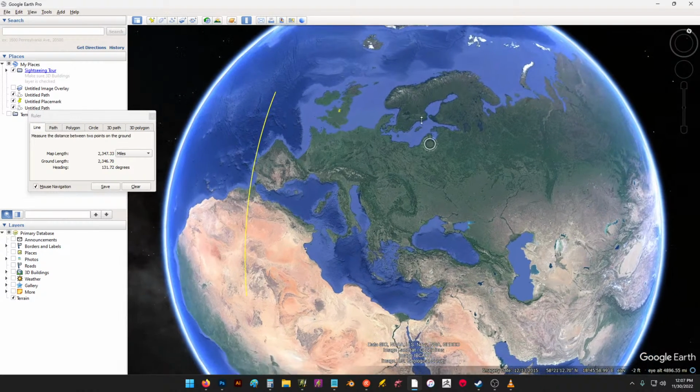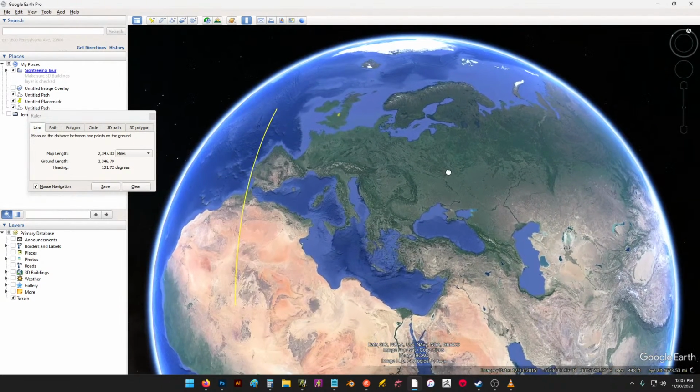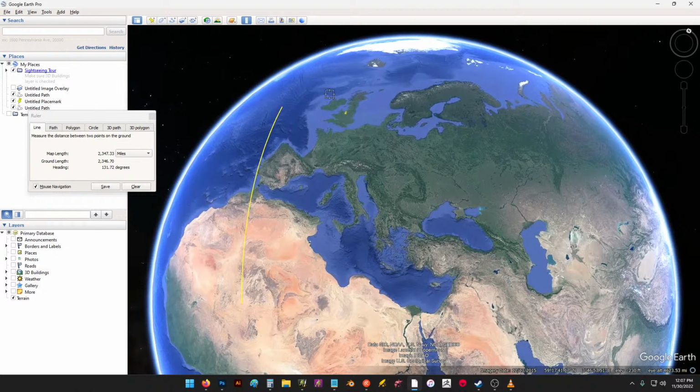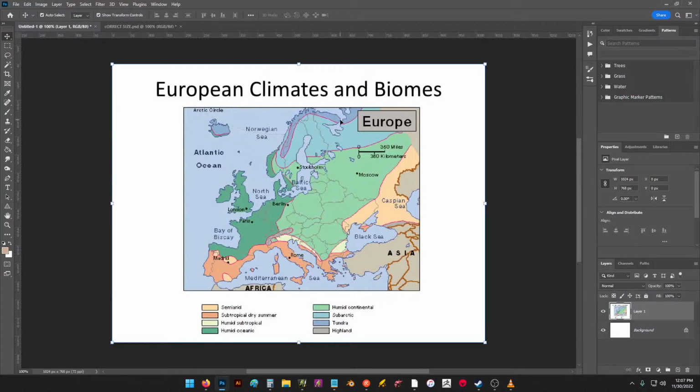So the next question is, okay, we have on our map what it should look like. If it's hot, we're going to have deserts up top and a nice southerly thing going on down here. If it's hot below, meaning the equator is below it, we're going to have some deserts and kind of cool and nice up top like this. Canada, eh? Let's go ahead and look at the climates and biomes of Europe. This is about 3/4 of the map size we're working on. And we're taking a look at this and we're learning stuff about